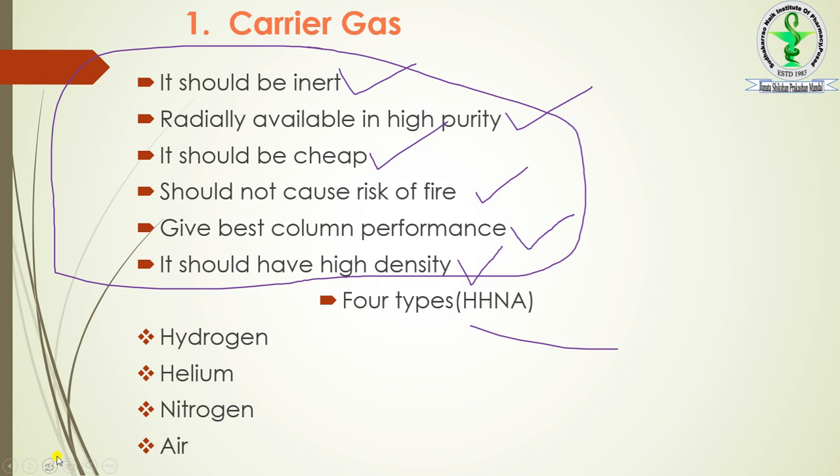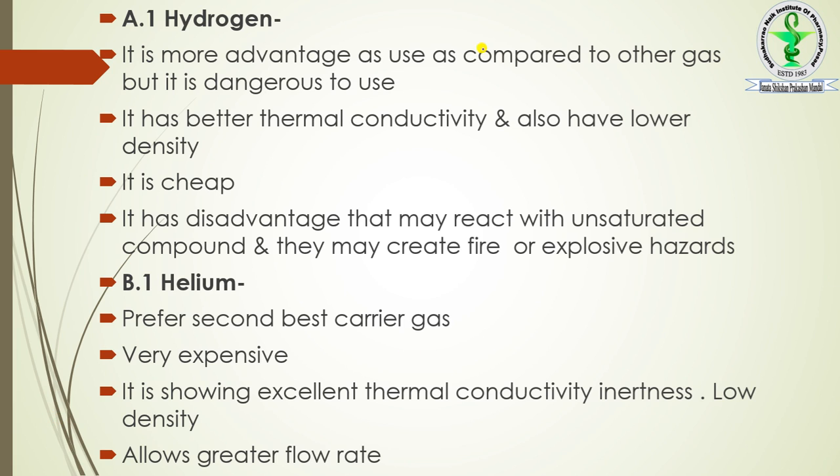So keep it in your mind, these are the four types of carrier gas. So start with hydrogen. हम क्या करेंगे, पहले हाइड्रोजन के ऊपर यूज करेंगे. So hydrogen has more advantages as compared to the other gases. अब ये सब बाकी के गैस से अच्छा है क्योंकि